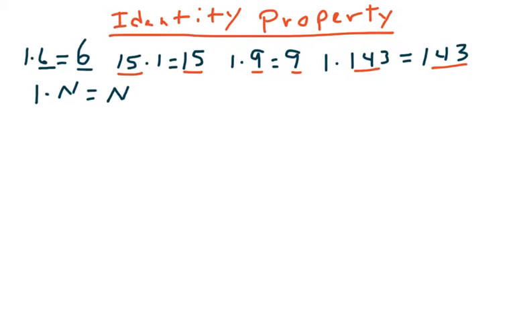Yeah, it's the same answer. Just like we did on these others, 1 times n will be n. So that's what we have here. How would you say that? The identity property is 1 times n is n. Or if we wrote it out in words, what would you say? Well, here's what I would say. 1 times n is n, then the product